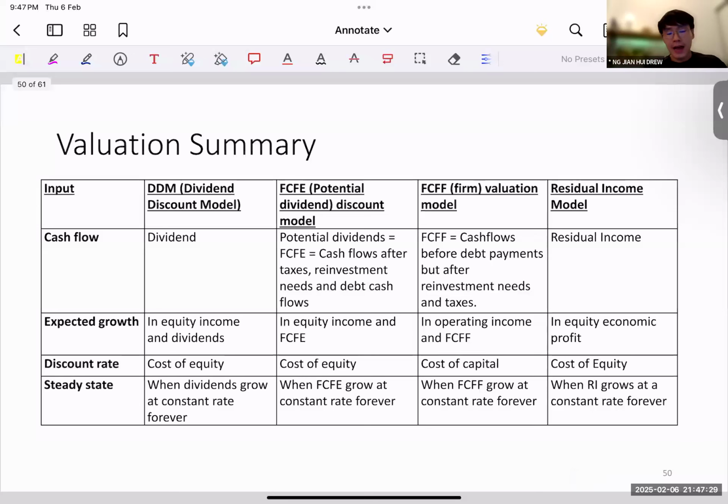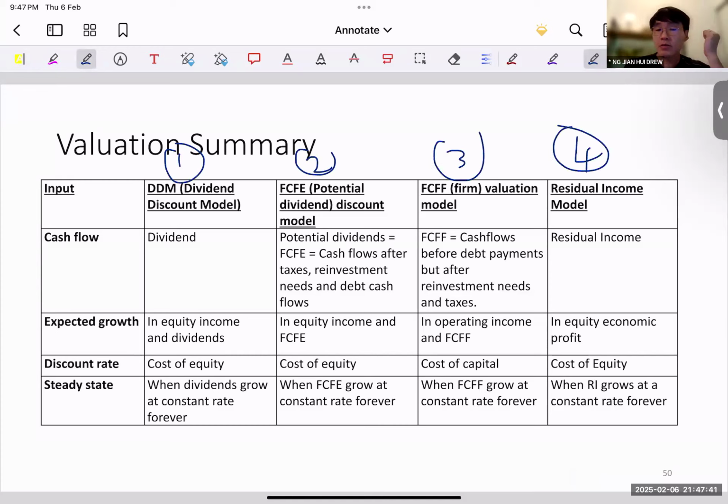Okay. So this is an extremely good summary slide of what we have talked about. We have 4 different models, DDM, 1, 2, 3, and 4. So again, I'd like to repeat, yes, there's quite a bit of information for this module, or especially this lecture, but remember that for the next 2 lectures at least, we're going to go into a lot of detail in each model, 1, 2, 3, and 4. And we'll see a lot more deeper understanding on how we use the model, when we'll have multiple examples. If you notice that we have not really gone through deep examples, so do not worry, we'll go through them in the next 2 lectures.